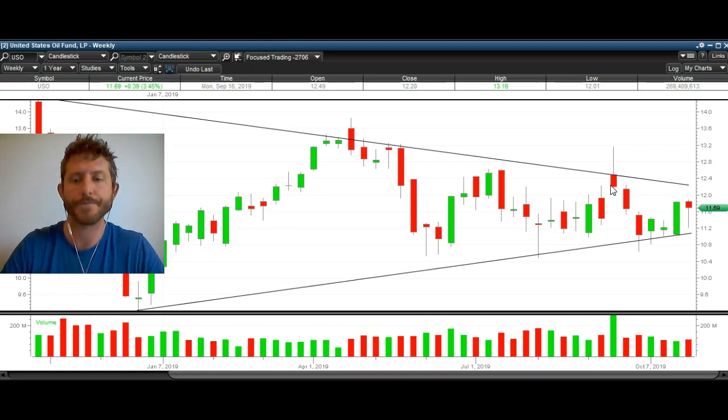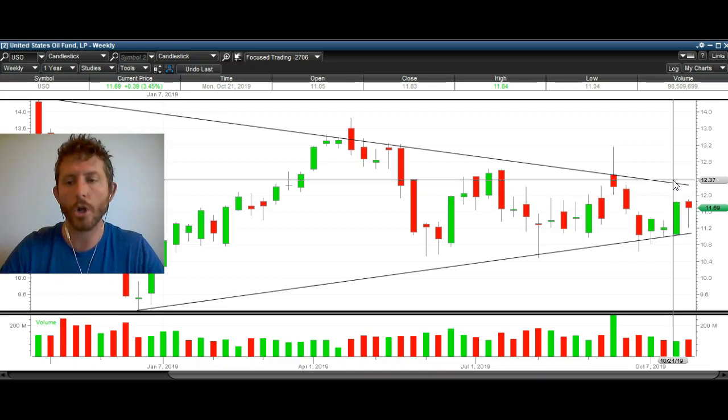You can see, remember this failed breakout right here? Well, in the weekly chart, it never closed over that downtrend line right here. So what you want to look for is a true breakout, not just the shorter term bounce zones that we're talking about, but a massive breakout on oil. You want to see a weekly close over this downtrend line. So to give you a more specific level, you want to close over about 12.35 at least